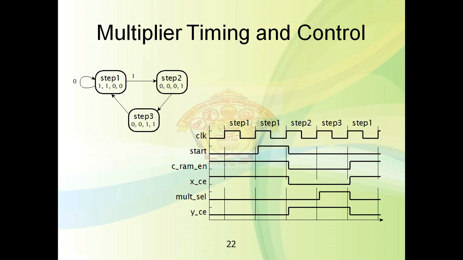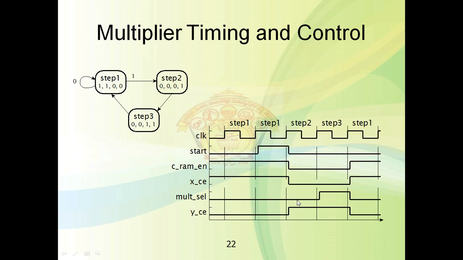Okay, so in the first it will select input, that is Ci, and it will select X. Okay, so those inputs are selected here. In the second step it will be multiplied. Okay, step 2. So as mult select is equal to 0, you can see here mult select is 0 here.